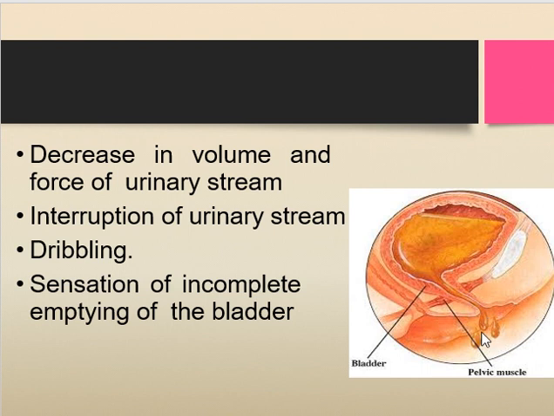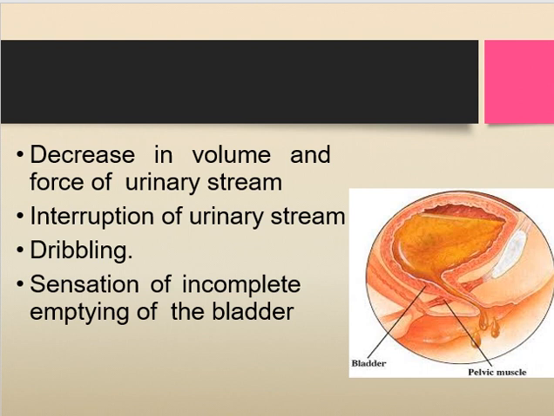Suppose you just imagine a hose. You know the hose which you use to water your plants in the garden. So if you give a pressure on the hose anywhere, or you try to block the hose, what happens? The strength of flow of water will reduce. The stream of water that is coming out through the hose will be weak. And if the compression is more, what happens? Sometimes the water won't come, or there will be only drops of water coming outside. The same thing happens here also.